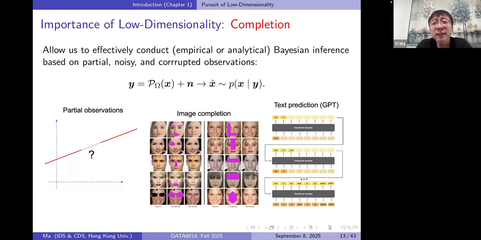We can use it for Bayesian inference based on partial, noisy or even corrupted observations. For example, if I know the distribution of X, which lies on, let's say, straight lines, and I observe Y, a partial, incomplete version of X, even with some noise, I can estimate, based on the observation Y, I can,